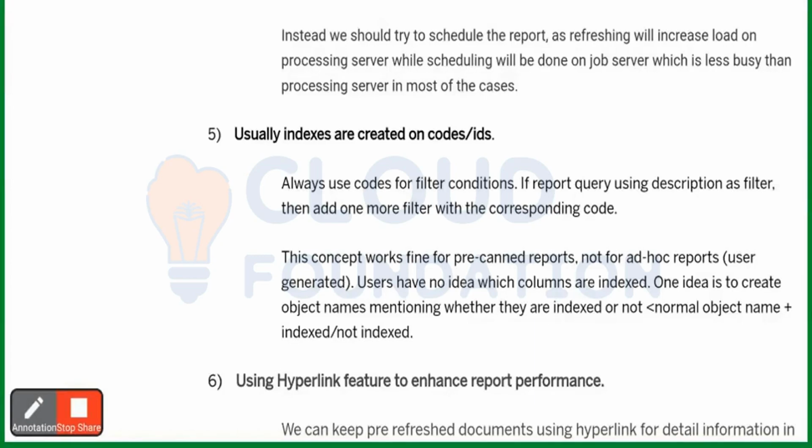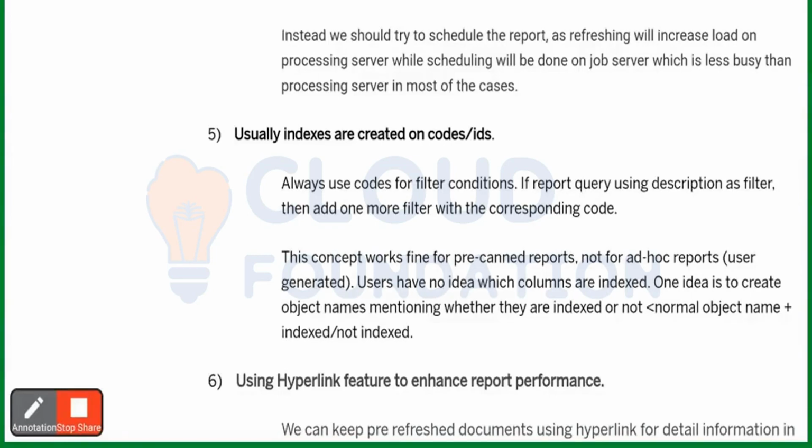Take an example of company code 4001 with company name Plant. If we use company name as a filter condition in the report filter, it will take time to retrieve the data. If we put company code equal to 4001 in a query filter,